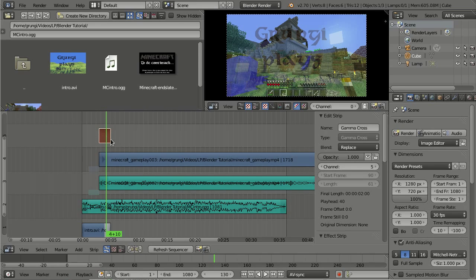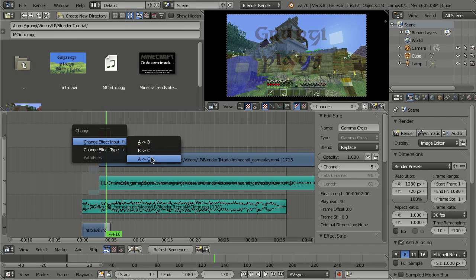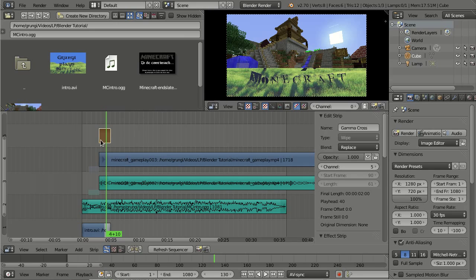strip or effect strip, press C, and you can change the input. For example, if you want to swap inputs, or you can change the type of effect. For example, let's say we want to get more Star Wars into it. So let's do a wipe. Okay, what a wipe does, if you see,